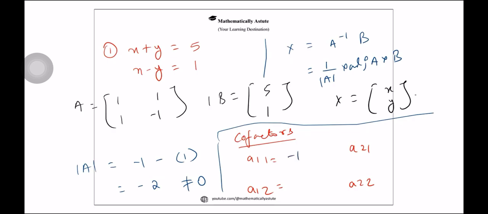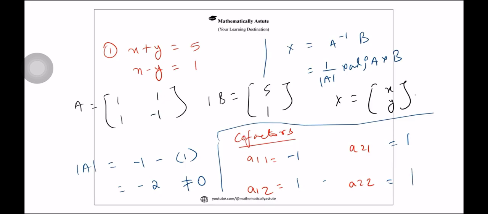Again, if we hide the first row and the second column, we have 1. So I'm writing 1. In a similar fashion, if we hide the second row and the first column, we get 1. So writing 1 over here, and for the second row and the second column, we will end up with 1. Now these are the minors.